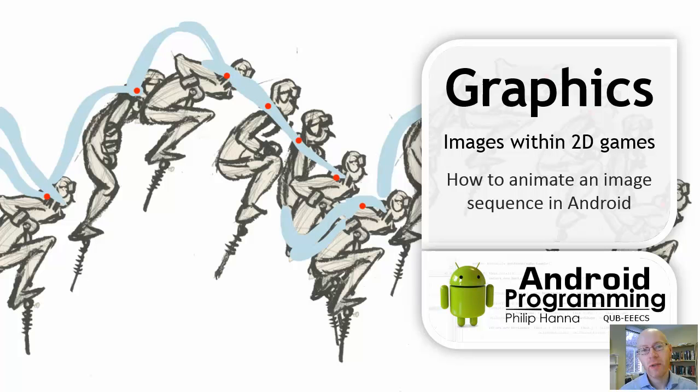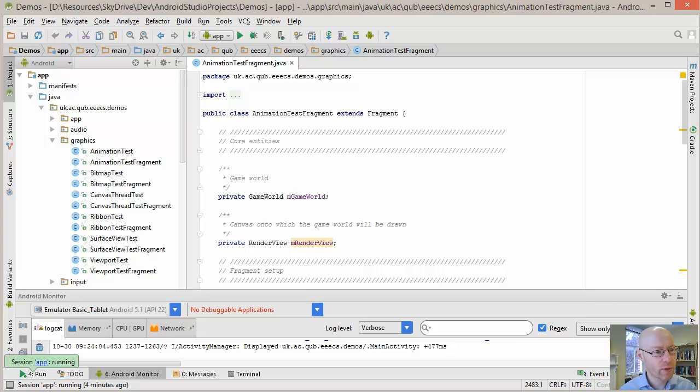In this video we're going to have a look at the animation demo that's available within the demo package that was sent out. It's going to contain a reasonably simple form of animation, and we'll have a breakdown of the code in terms of how we're going to go about iterating through a sequence of images in a controlled manner to provide an animation. So the thing that we're interested in here is within the graphics package, and it's known